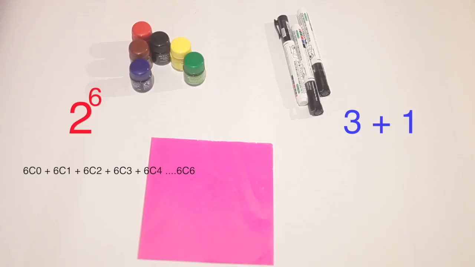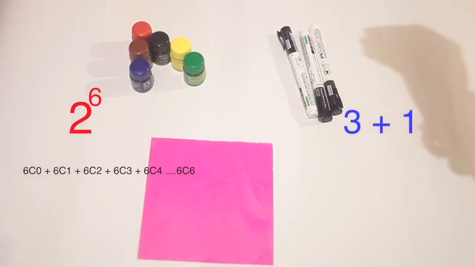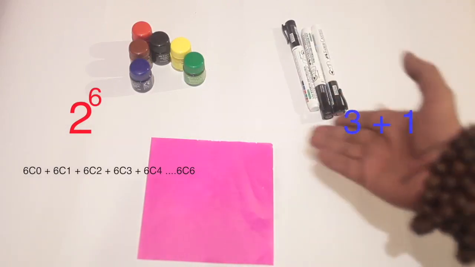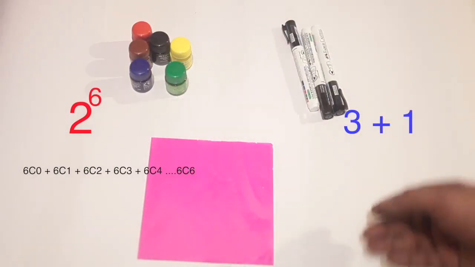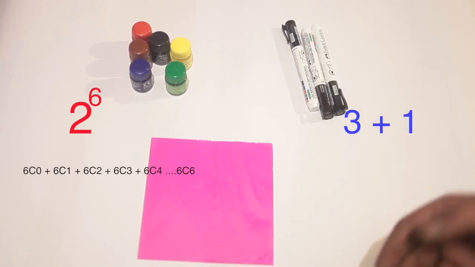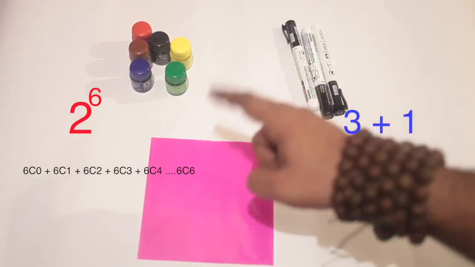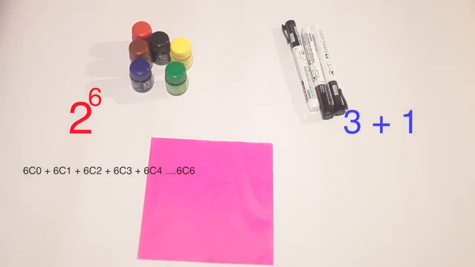So I hope both of these stories made sense, and I would be very happy if we can just understand the basic logic involved between what happens when the objects are identical, that is 3 same markers, and what happens when things are distinct, that means 6 different colors, right? In the case of identical, we are only thinking of numbers. In the case of colors, we are not only thinking of numbers, we are thinking of which color, and therefore the selection formula comes into the process, right? So I hope most of this made sense.